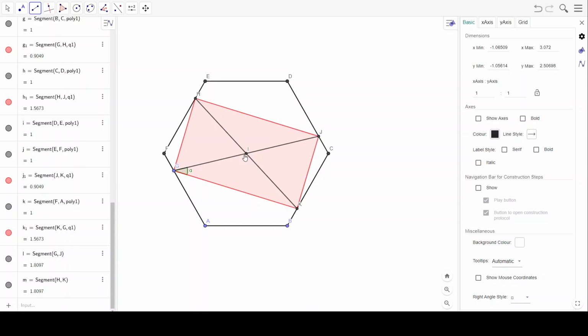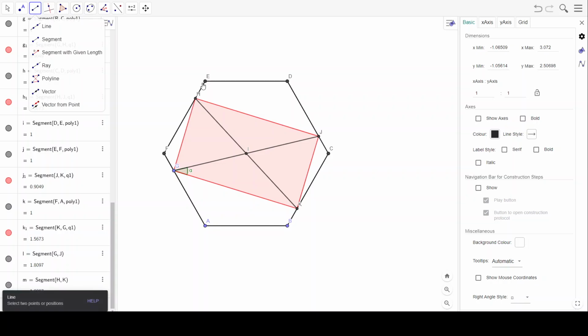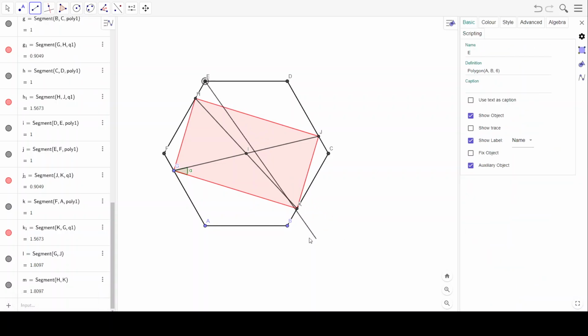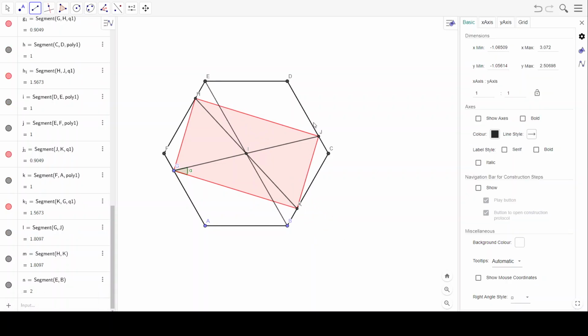So the intersection lies on this diagonal of the regular hexagon, but this is exactly halfway between those two sides. So we know that I lies on that one, but also because it's halfway, it's also on this